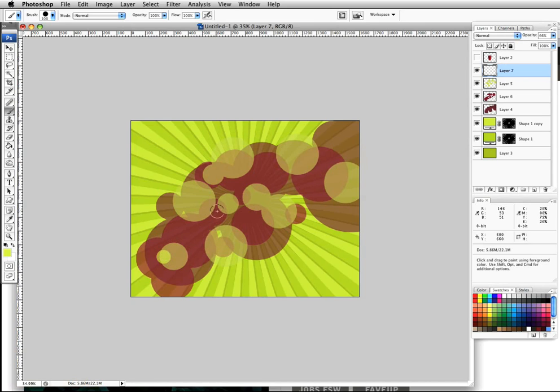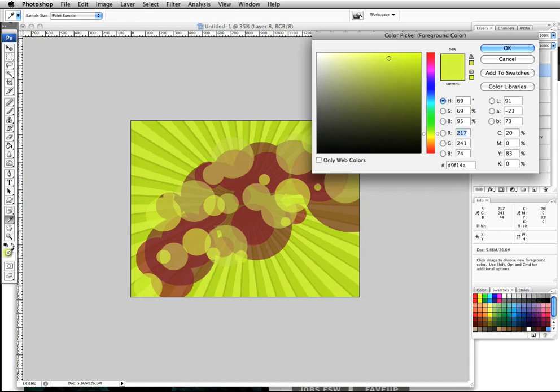And just going to create a few smaller little details, like so. And then we're going to head on, create one more layer, I think,